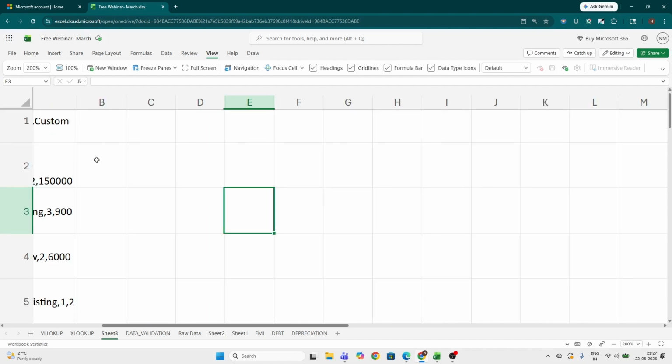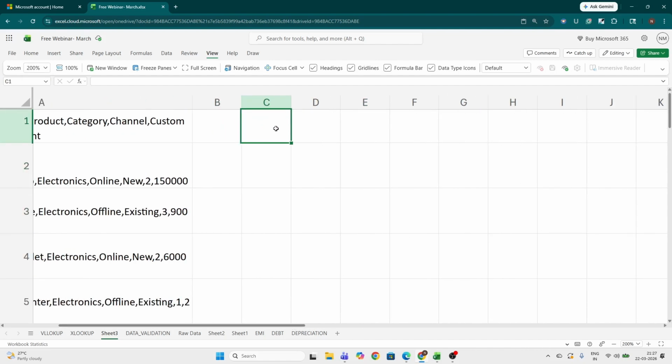Can you see now? Yes, I can see now. Okay. Equal to